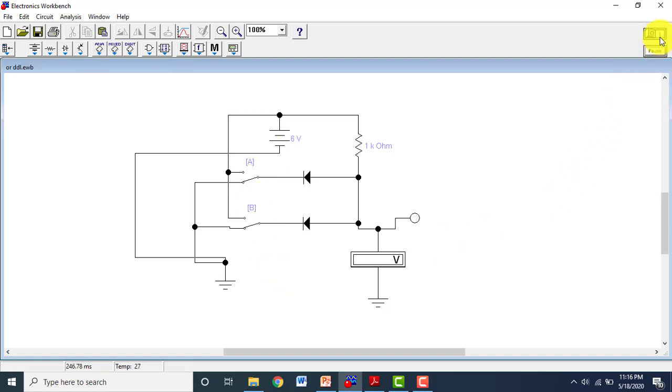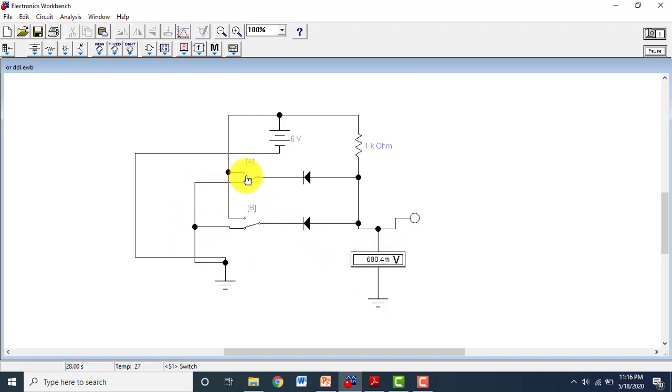As I turn on the switch, you can see a minor amount of voltage appearing on the voltmeter, millivolt. It is almost zero, so don't care about it. It's not volt, it's millivolt. So as both of the input combinations are at logic low, A is at 0 and B is at 0 volt, then the output is at 0 volt.